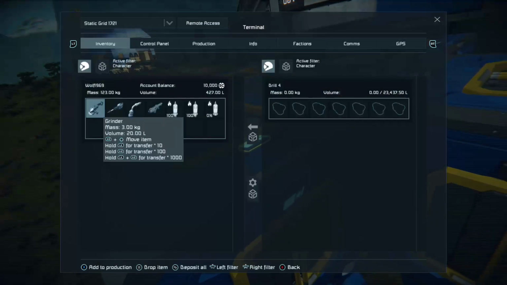So what I want to do is add shear inertia tensor to the piston and to the rotor.